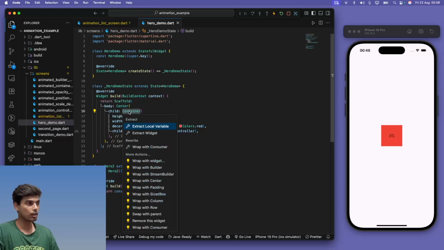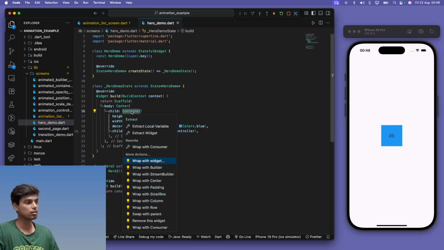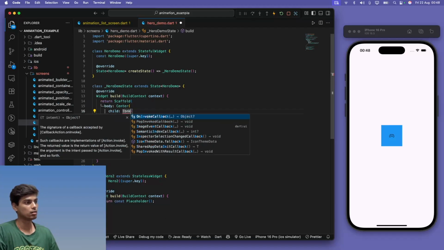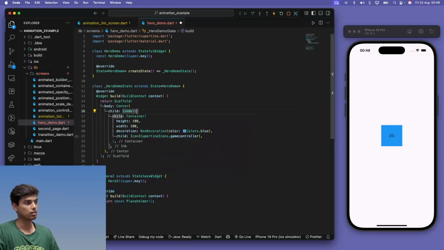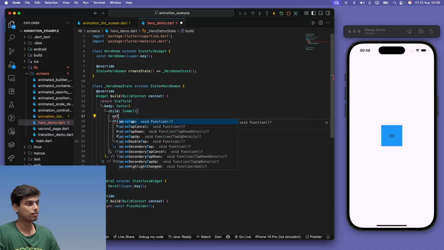Now, if we click on this, it's not looking that great. Now, if the user clicks on it, it should navigate, right? And we can call it on tap